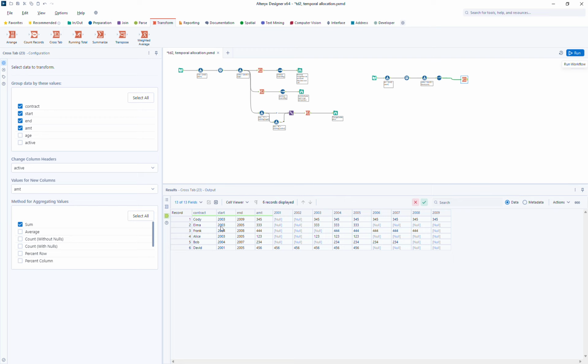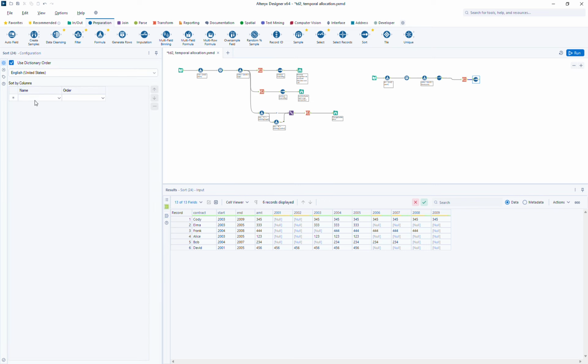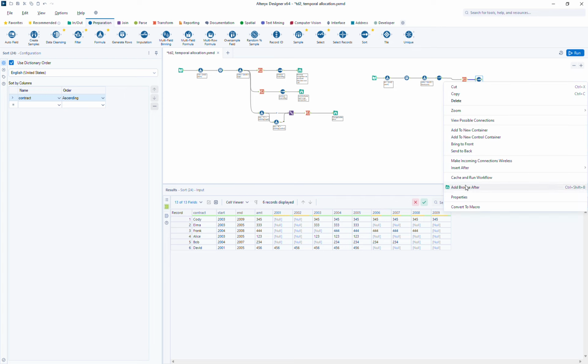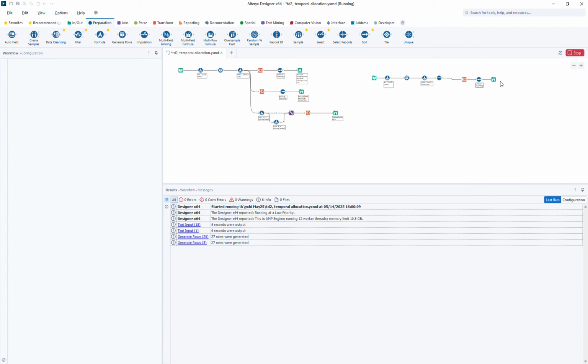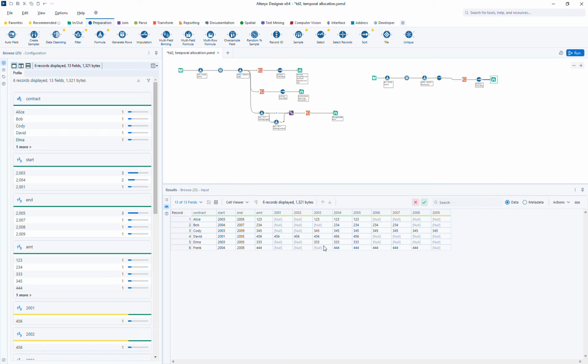Okay, so now you can see here there's a little bit of a problem with the order. So I just put the sorting tool here, and then I sort by the contract, which is in this case the tenant name. And then I just add one more browse after this and then run it. So after this, you can see the revenue is recognized by people, and then this computing model is very scalable